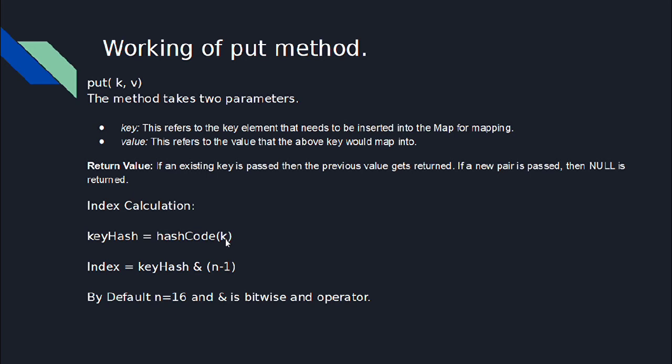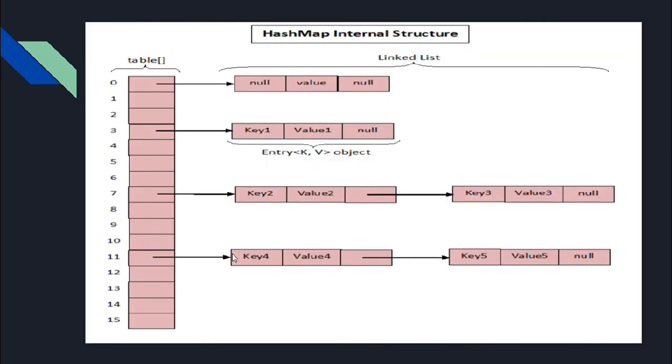Now key 3 will come here, the same calculations happen, and the index turns out to be 7. When we go to 7, we see there is already a node. We create a new node with key 3, value 3, and next address null. We put the address of this new node into the previous node which was at index 7. So now we have a linked list of size 2. The first element of the linked list is key 2, value 2. Then we have the address to the next element. We get to the next element, we have key 3, value 3, and there is no further element, so the value is null. Similarly, we use the same technique to populate key 4 and key 5.